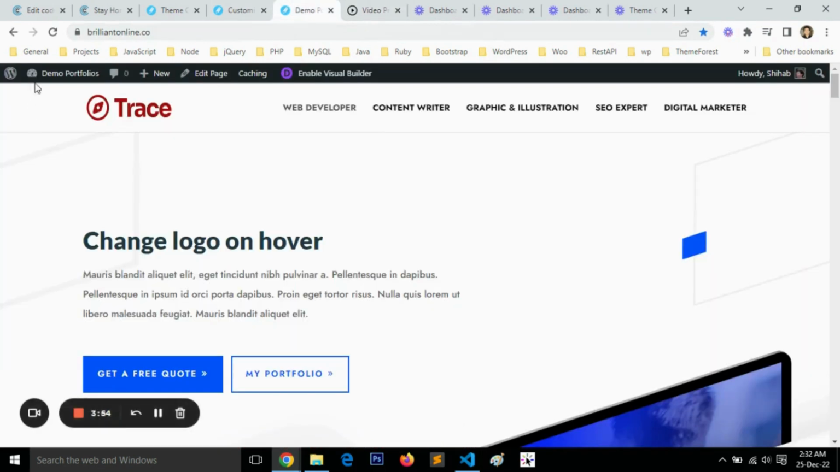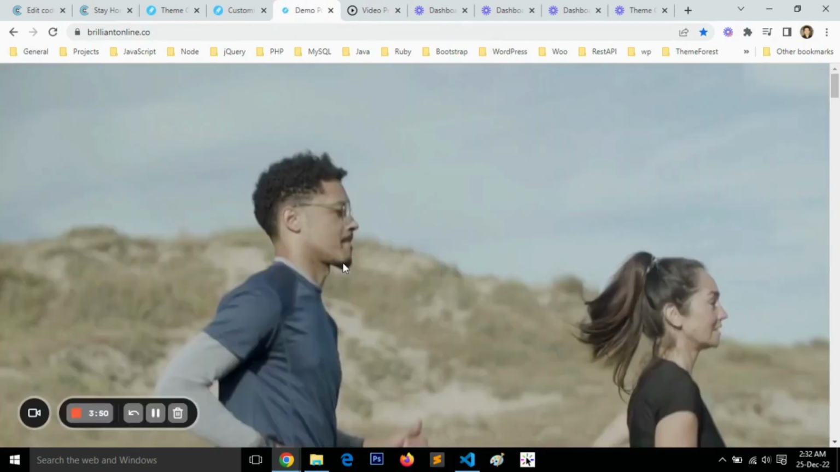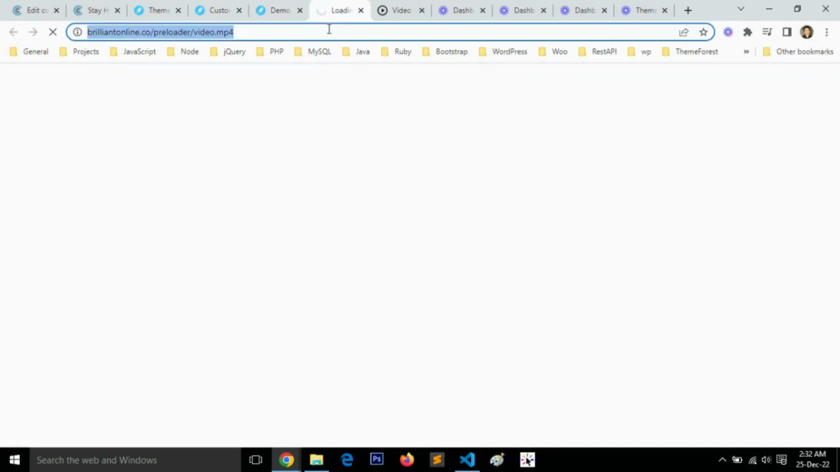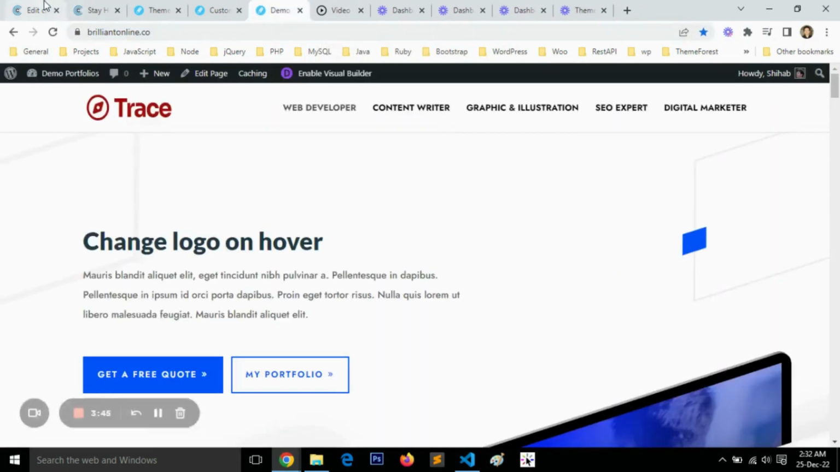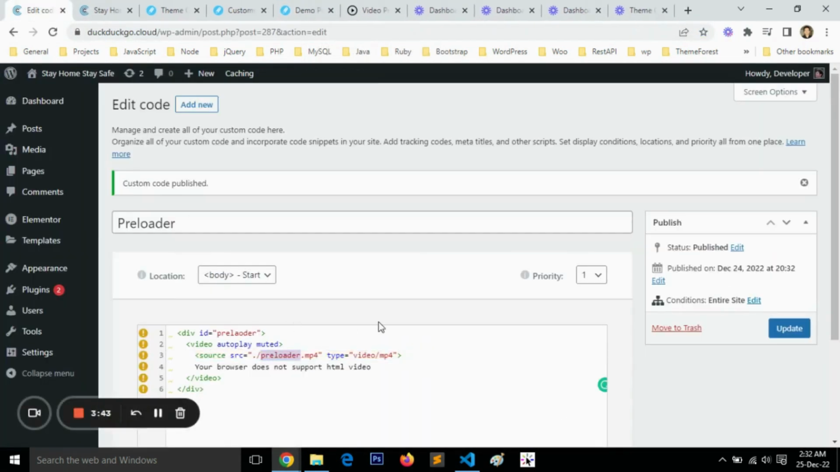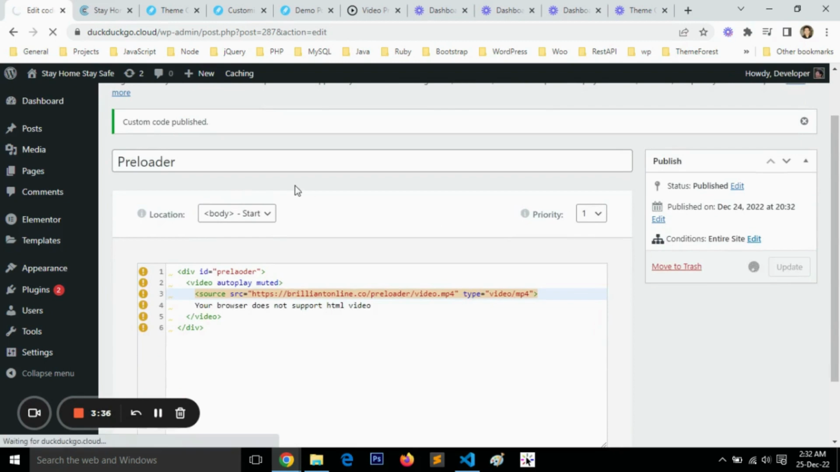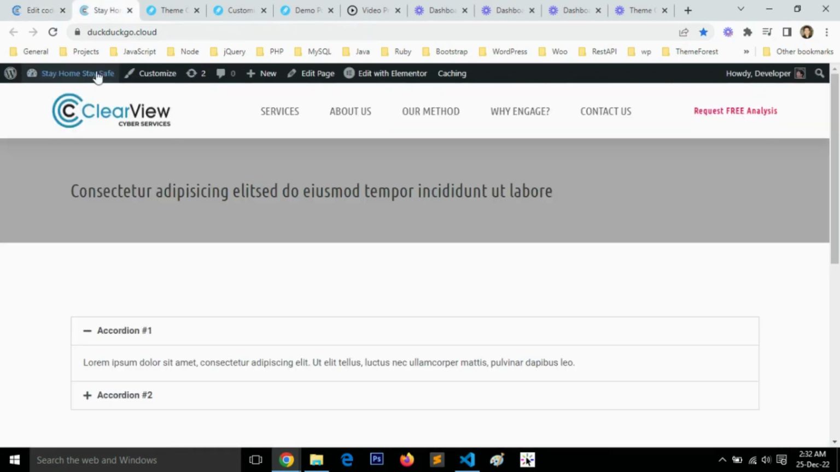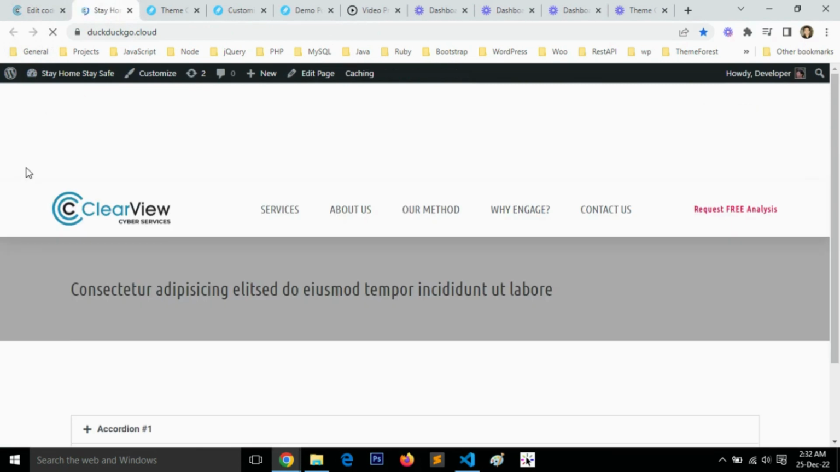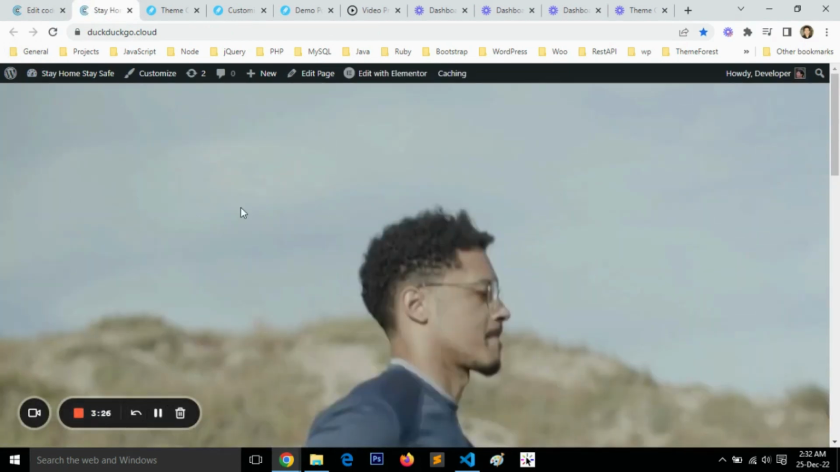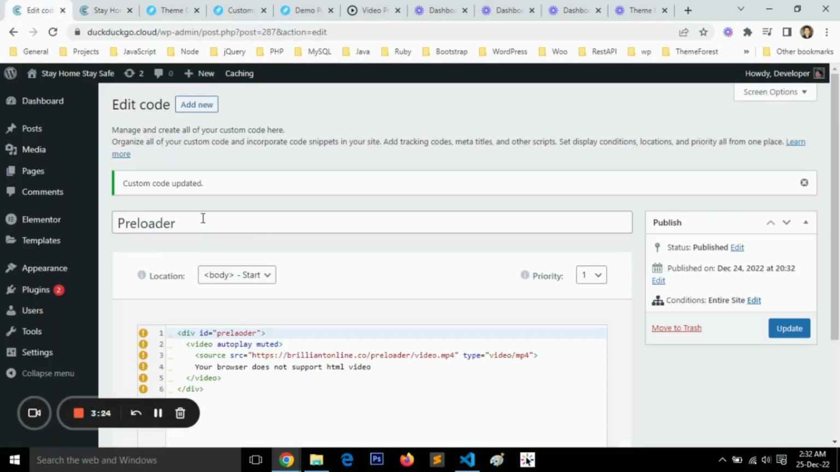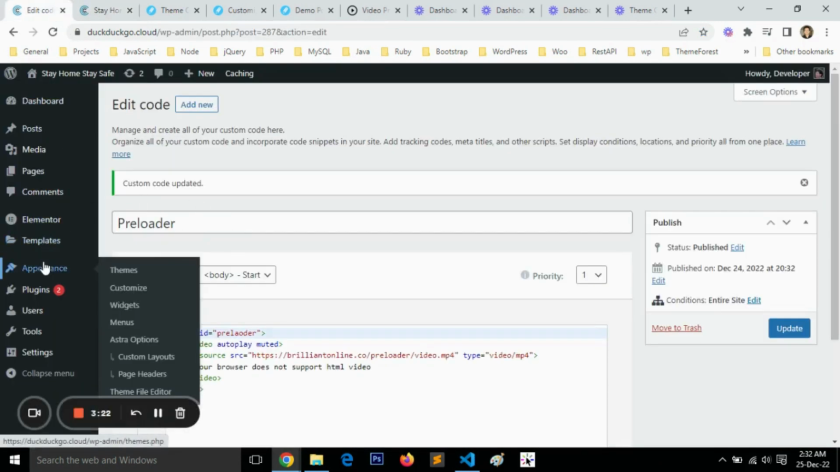change this video URL. Let me quickly grab this video URL from this demo. Show video URL. Okay, and replace it with this absolute path and save it. And now if I refresh, I will see this video somewhere on this website. So this is how it looks like, and let me also